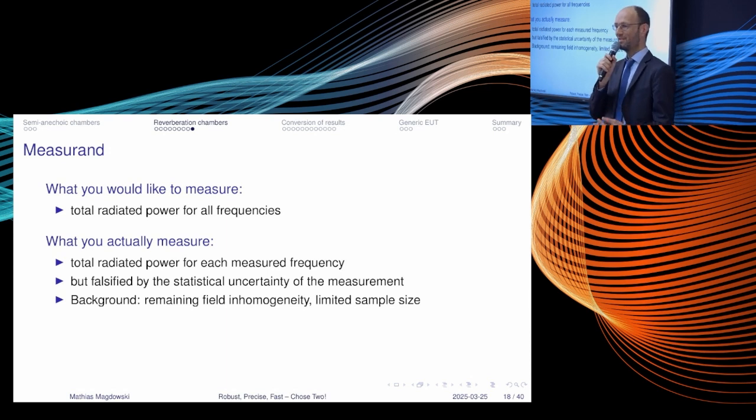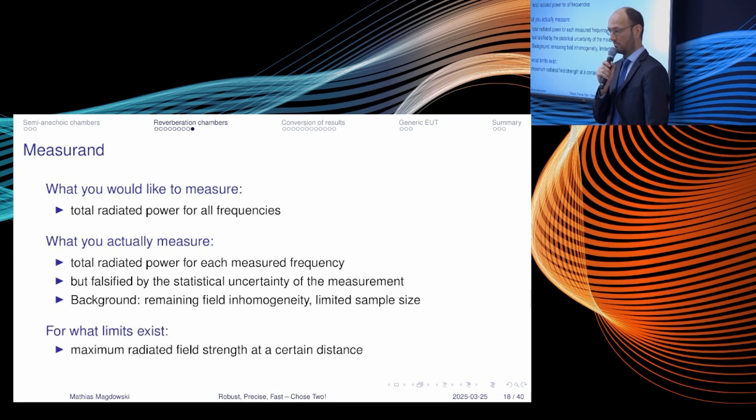Of course, there is some intrinsic field uncertainty. So the result is a little bit falsified by this due to remaining inhomogeneity of the field and a limited sample size, right? The result depends. It's a little bit like throwing a dice. If you throw a dice, the average value, the expectancy value, would be 3.5 if you have a normal dice. But if you just throw the dice 10 times and calculate the average, you will not get close to 3.5. If you throw it 100 times, you will get closer. If you throw it 1,000 times, you will get closer. So we need many samples to do good tests.